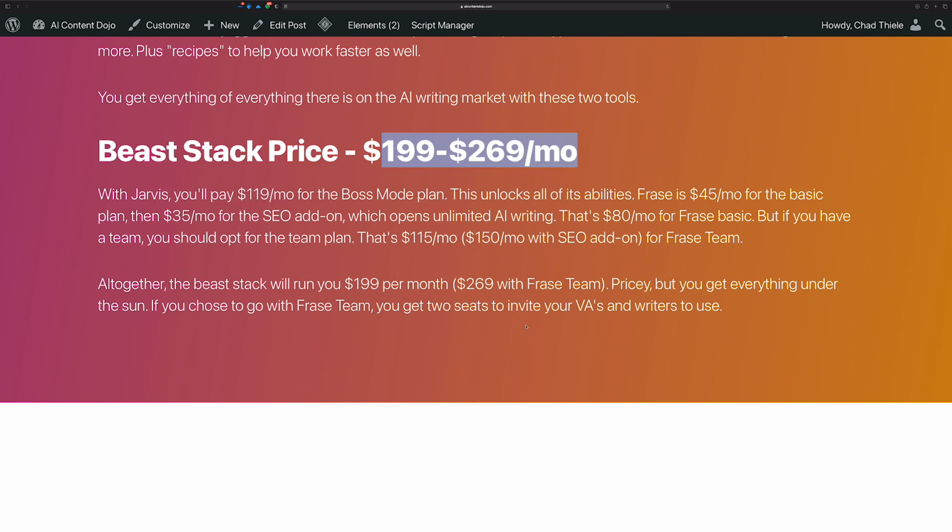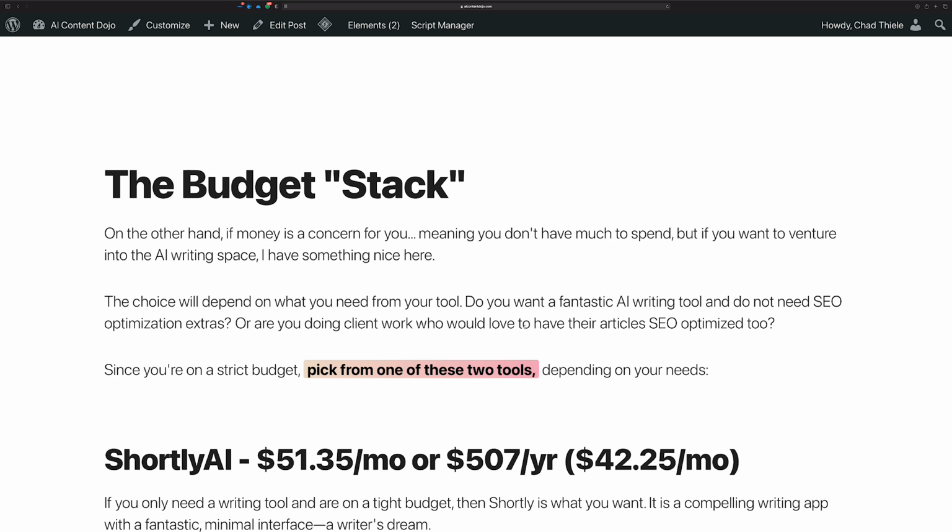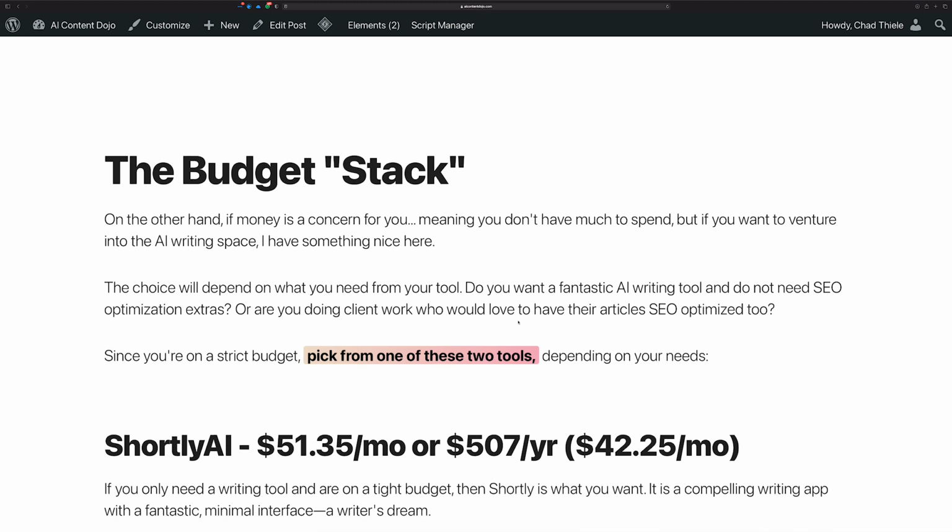Okay, if this is too expensive for you, I understand, especially if this is your first attempt to go into the AI writing space, you probably don't want to just start dropping $200 a month on something. So let's talk about the budget stack right now. I say stack with quotes because in this case, you're just going to pick one of the tools.